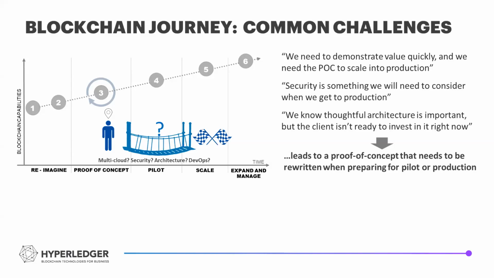So we understood that this is a gap where, yes, we are doing things to demonstrate value quickly through a POC, but when we want to scale it, we are facing a lot of challenges. So what can we do differently to make it simpler for implementing teams, or even for developers who want to focus on writing the chaincode or the use case or application code, rather than worrying about setting up or bringing up or deploying a network? So with that problem statement,